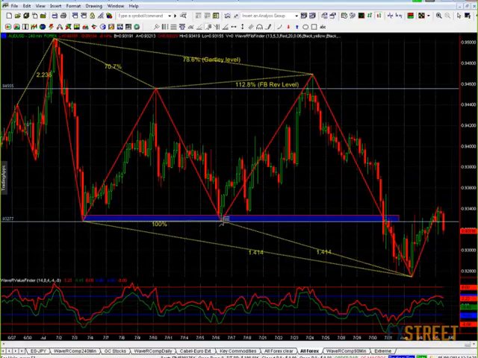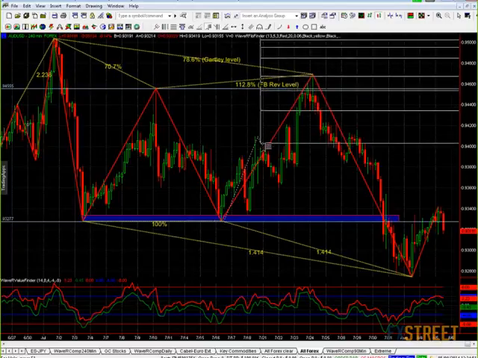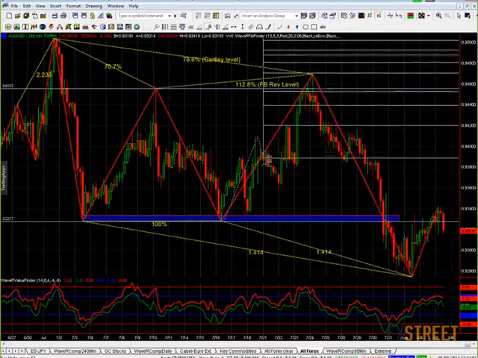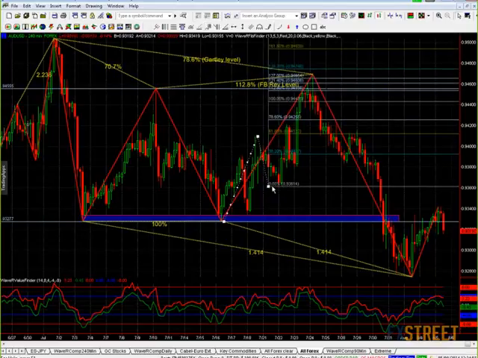Let's look at another one. Let's just take this move from the low and we'll run it to here. Okay. See where I'm just running it to at that level. I'm then going to project it up from the little move that it had. So we could call this move the A move. Then we've got the corrective B move. And then we've got the run on up.